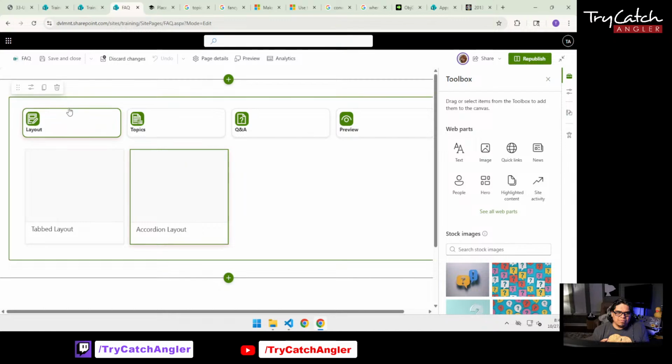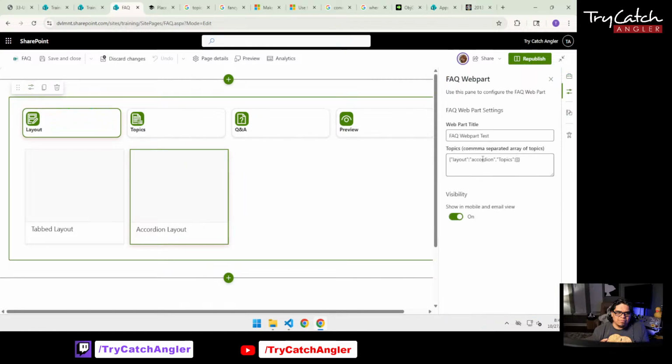Why? Because if we look at our properties, and again, this is only visible right now because we're in development. Once we go into production, we're not going to be showing the users what you see in that property pane on the right hand side. Okay. The purpose of that, I